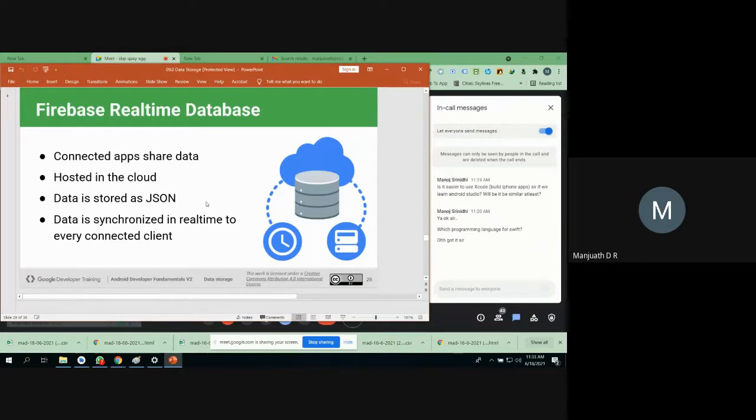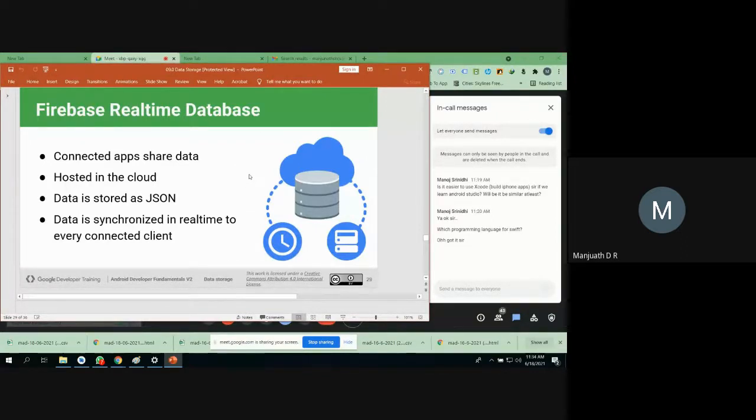Suppose I am using Facebook and I upload any images, in real time it synchronizes your data. If I am using WhatsApp, or a similar application that I have developed, and my backend is completely Firebase, think of just one user: if I make a modification like creating a message or sending a message or sending images, automatically it will sync with your database. That's what it is, everything is real time here.